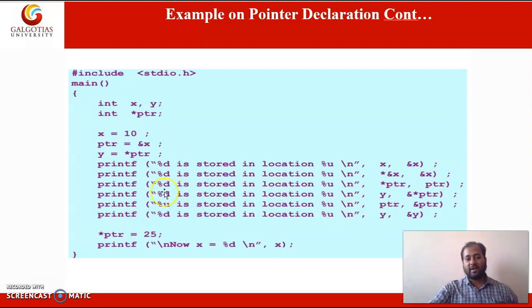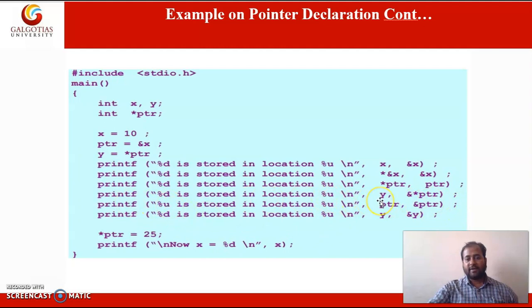And in the next print statement, we are accessing the value of that variable x using the pointer, value at the address of. Okay, and the location is ptr.